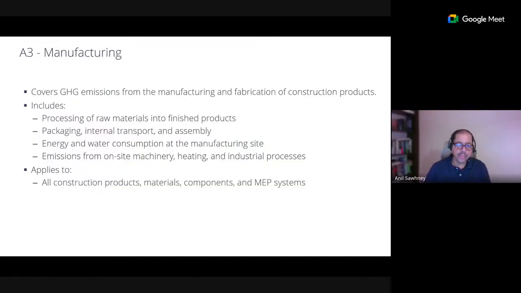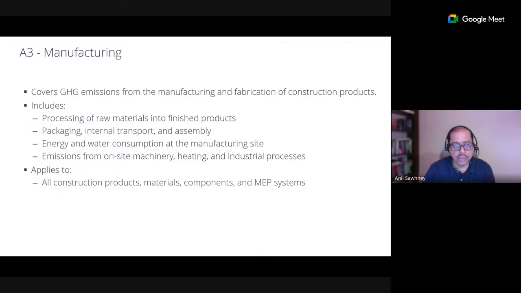Then comes A3, which is the actual manufacturing. So all emissions related to manufacturing and fabrication of construction products is also included here. Basically, if you have, let's say, offsite or a truss that is fabricated somewhere, that should also go under A3